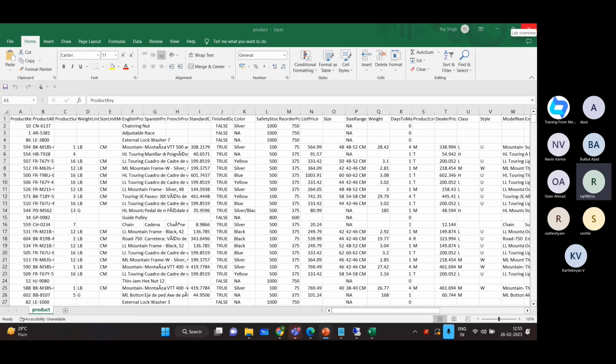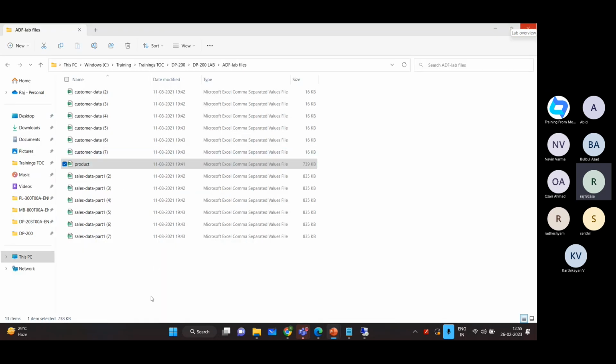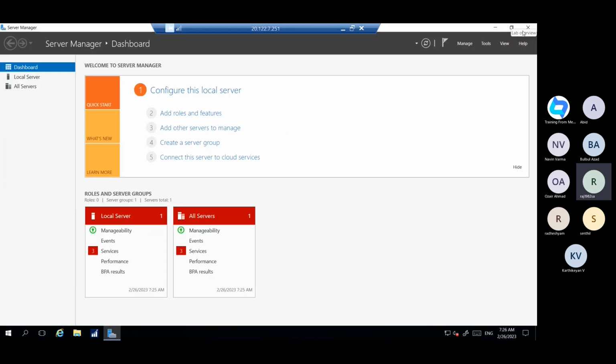I wanted to move it to Data Lake Gen 2, so that using Databricks we can do the data cleaning, validation, and data transformation, and then we can generate the report through the warehouse in Power BI. So that is why I need this file, and this product file is coming from a web application in a particular file location. So what I will do, I will simply copy this product file, go into my virtual machine, and